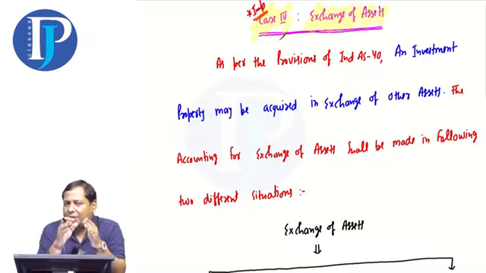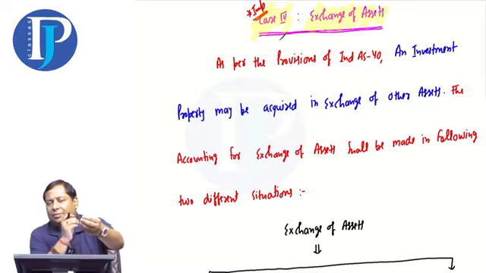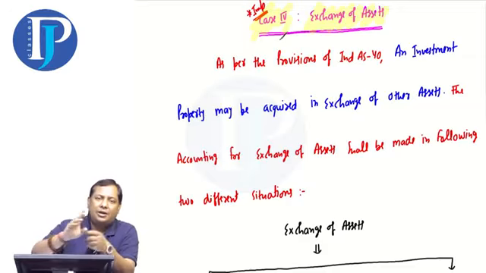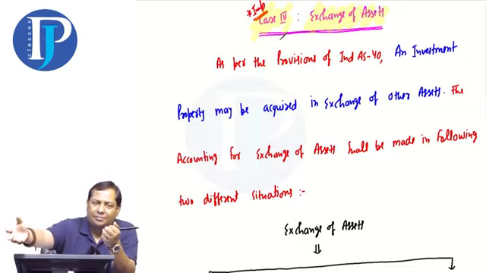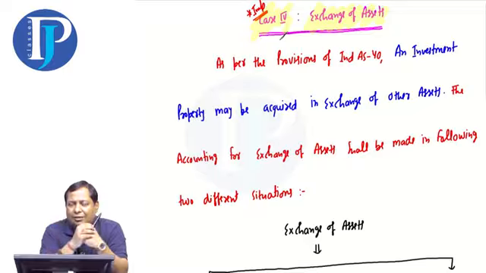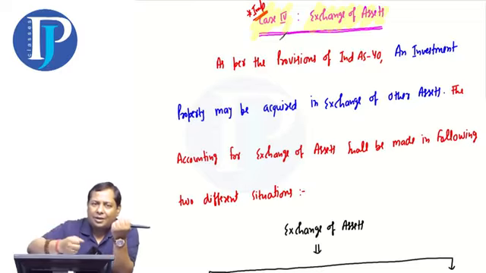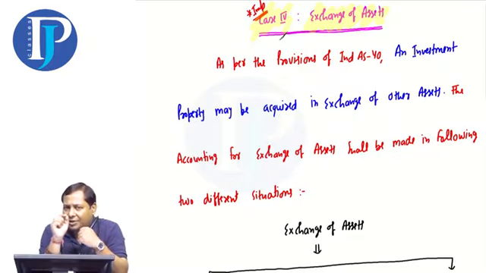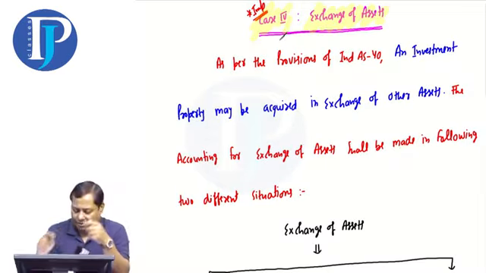And in the exchange of assets, I only taught you this, that whenever we buy any investment property, we don't make its full payment in cash. Instead, we give some other assets and just some payment in cash. The cash that we get in the exchange is only to balance the values. And if the values are equal, then there is no need for cash. So we will buy the new asset and give the old asset. We called this an exchange, and I emphasized one thing in class, that the accounting for exchanges depends on just a word, and that is commercial substance.